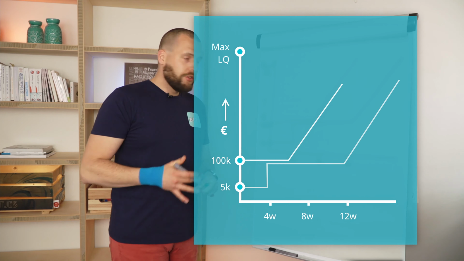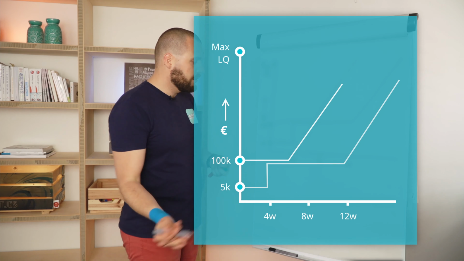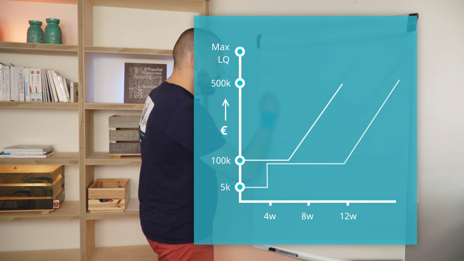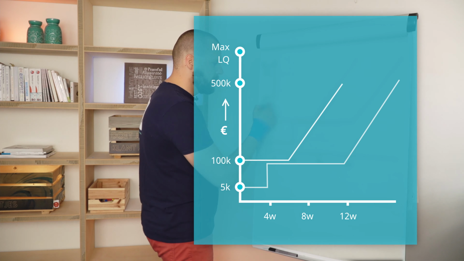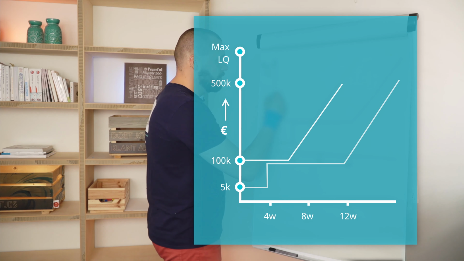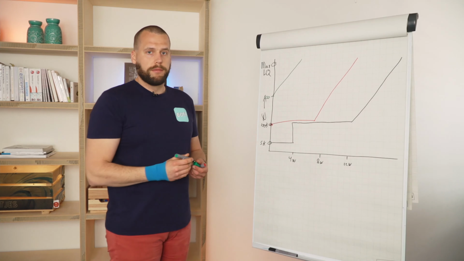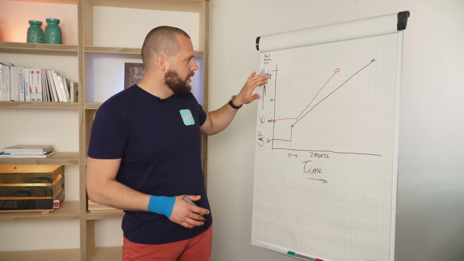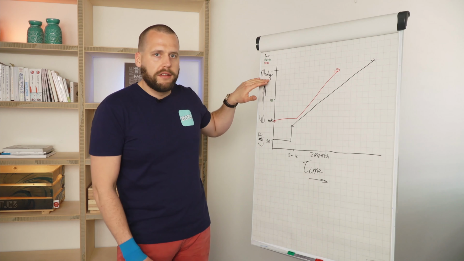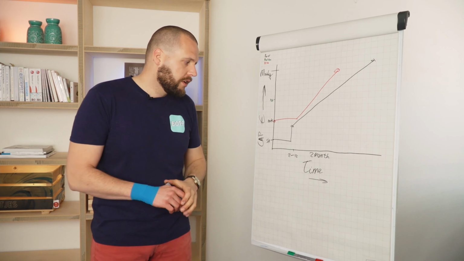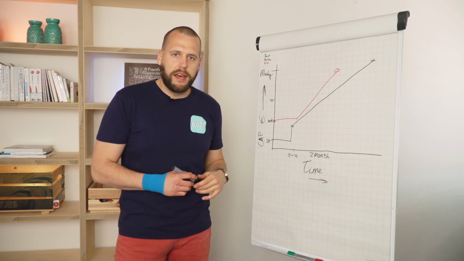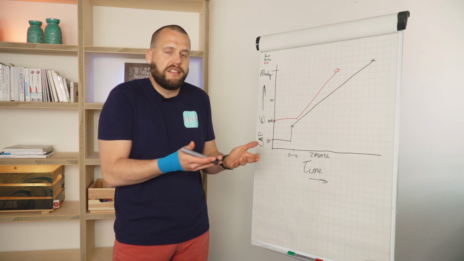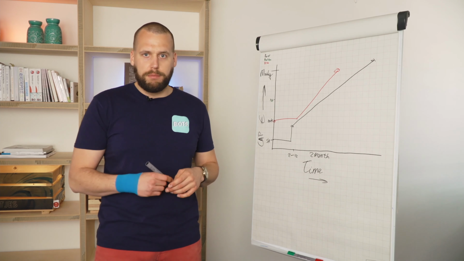But what you really want to get to is to be a top tier bot creator, because that means you can skip this entire bit. You can go to the larger caps where you might even start out with 500,000 euros and then we start increasing as demand grows. So the reason we do this is to protect ourselves from hitting this or going over this maximum liquidity with our assets under management. Because anything we have above that, we're not going to be able to use or put into the market,